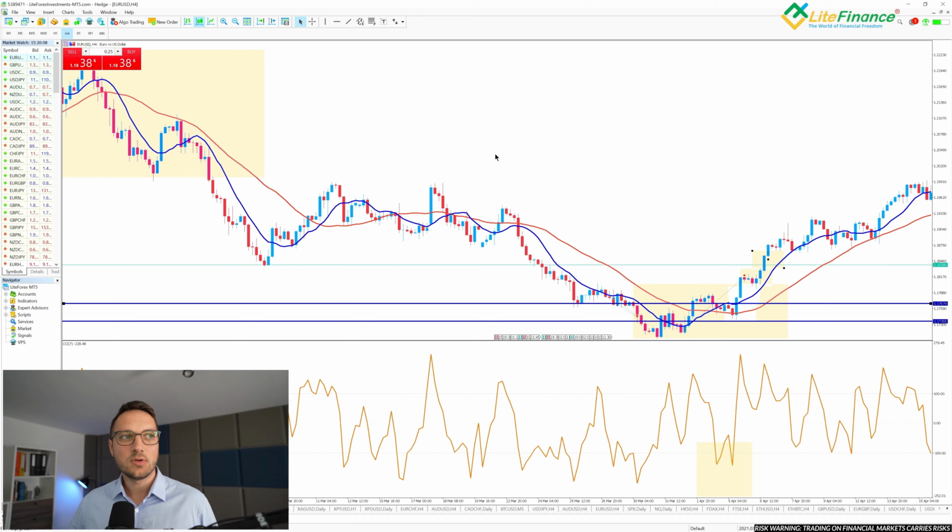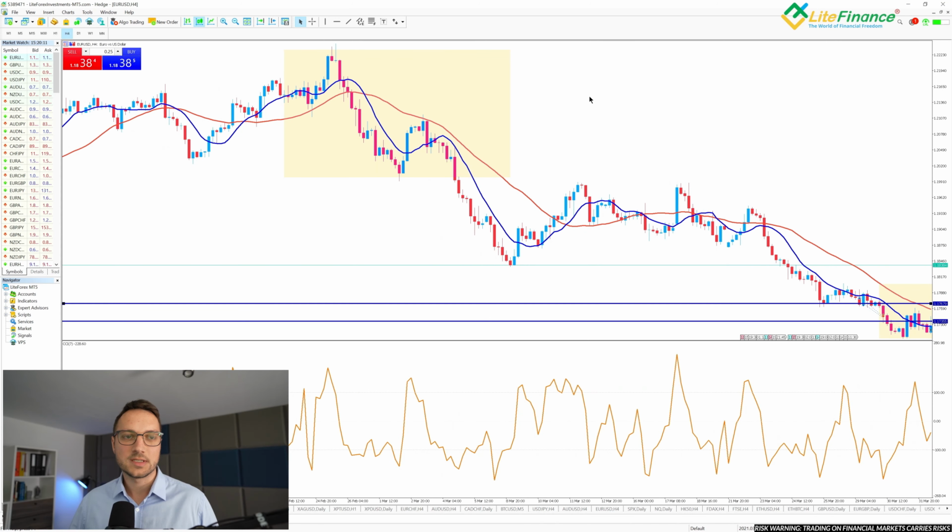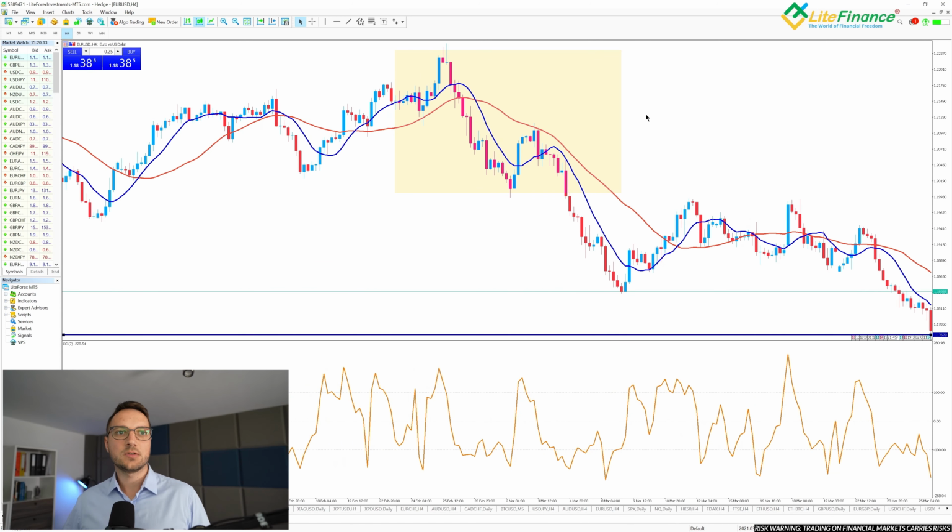Okay. So now let's check an example of a sell trade. We didn't have to look that far from the long trade. As you can see, we have the situation where the fast moving average, the 10, is crossing the slow moving average, the 30. The price went down, it backed up and touched the slowest moving average. So now we should look for